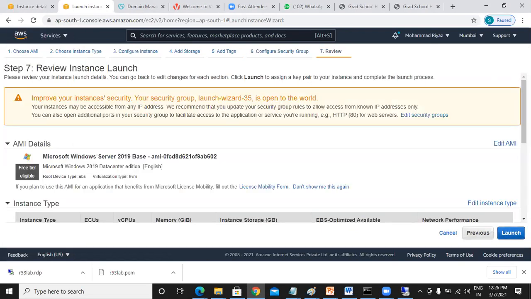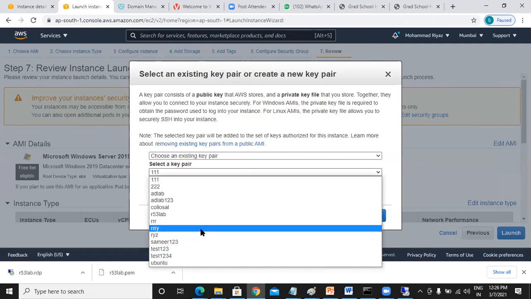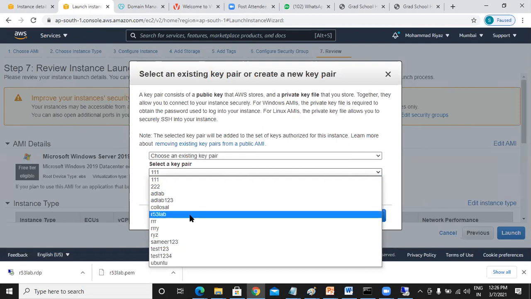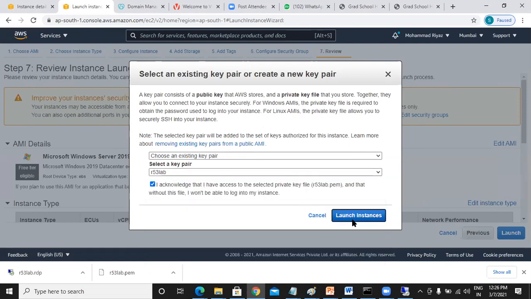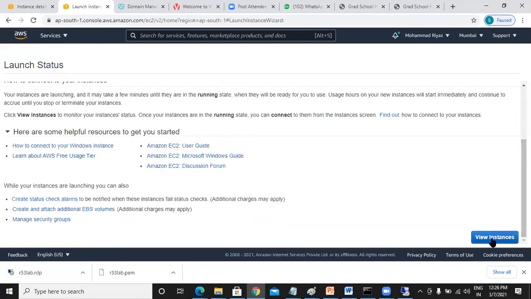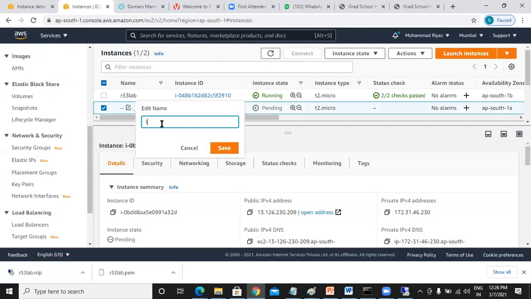So review and launch, I acknowledge, and you can say R53 lab, launch instances. You can say view instances, and you can give a name, LV2 machine, save.